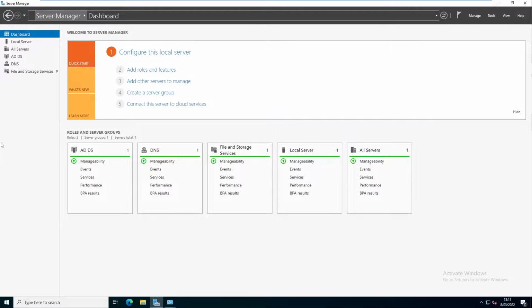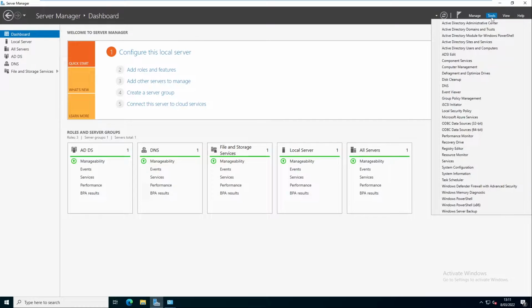So when you install a Windows server for the first time, that server has no function, because the server can actually be like every other machine. Because if I go to tools without having promoted the server, you can see some of these tools will not be there. Every other tool that is found on Windows server, for example the performance monitor, the resource monitor, PowerShell, and